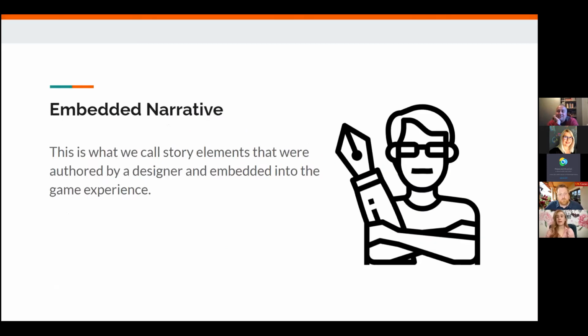So what we're talking about in terms of the author or the designer's content in a game is what we're going to refer to as embedded narrative. These are all the story elements that were explicitly decided upon by the design team and embedded into the game experience. So these were all authored content, essentially.